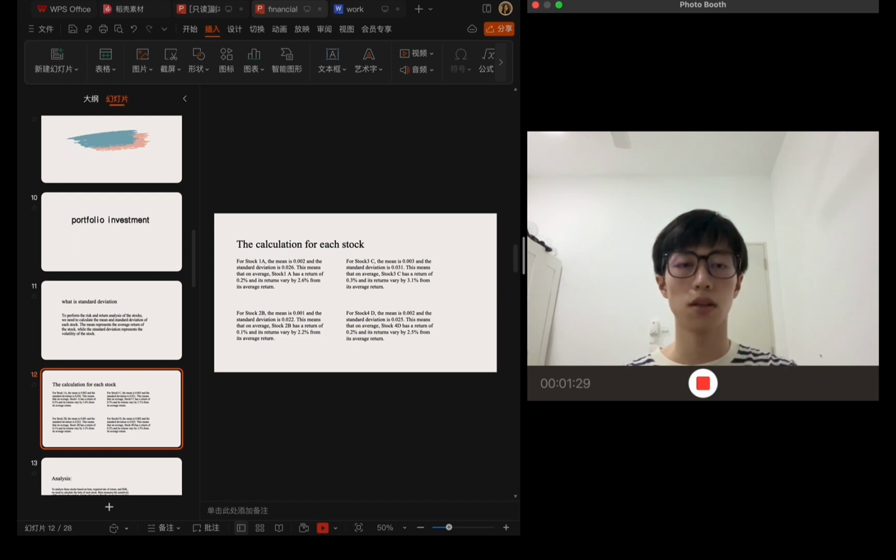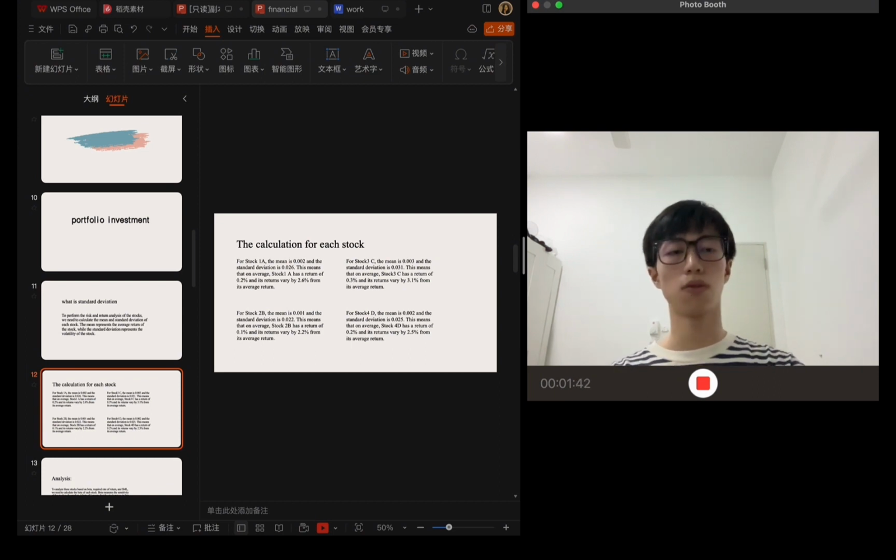For stock 4D, the mean is 0.002 and the standard deviation is 0.025. This means that on average, stock 4D has a return of 0.2% and its return varies by 2.5% from this average return. To build an investment portfolio, we need to calculate the expected return and the standard deviation of